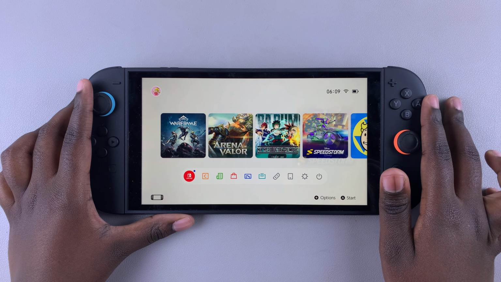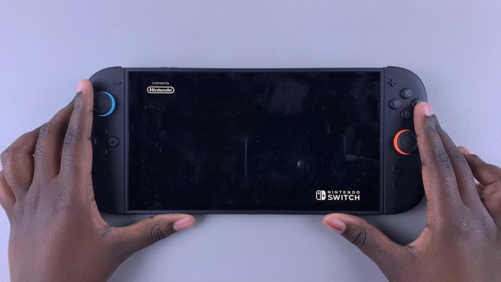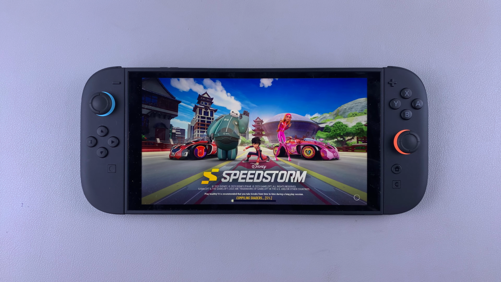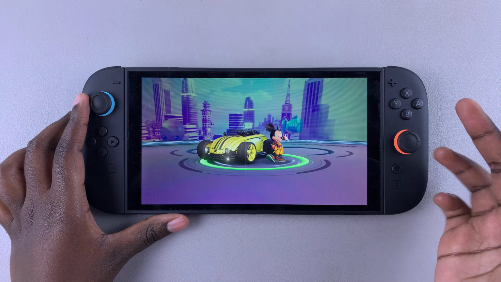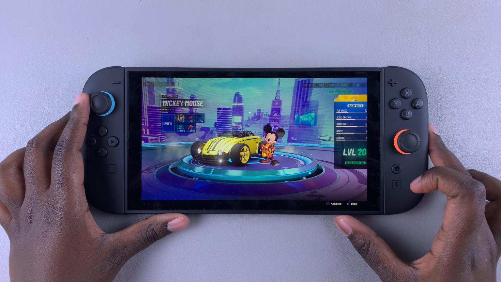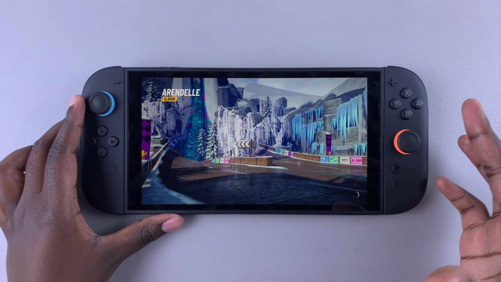So go ahead and launch the game. And then just wait for it to boot up. And so once the game has loaded, you can just boot up, let's say, for example, a map or a race. And then from here, once you've now started to play a game and you're ready to screen record, what